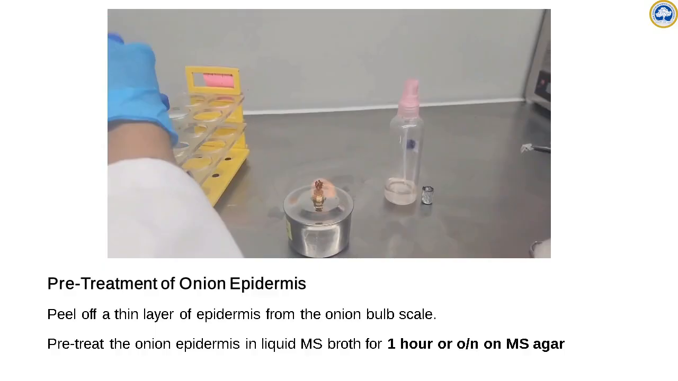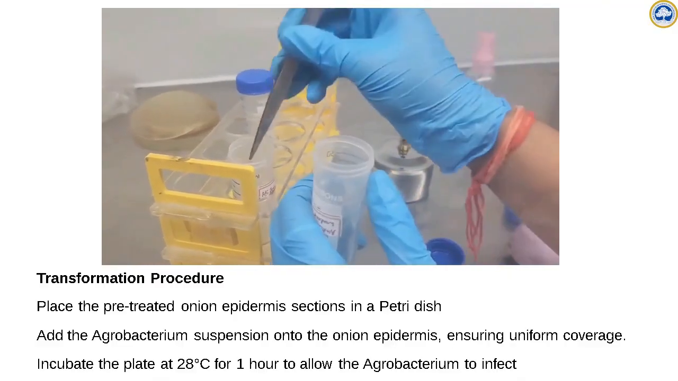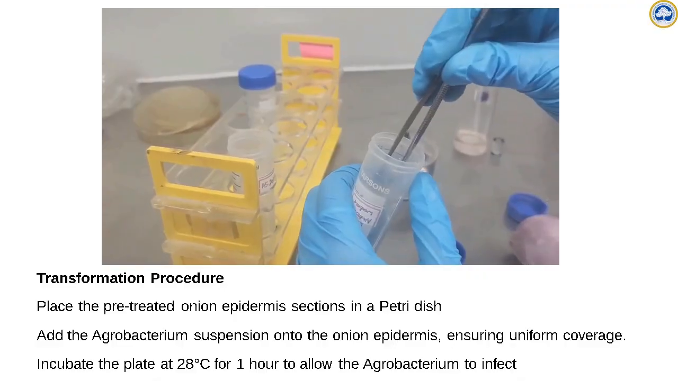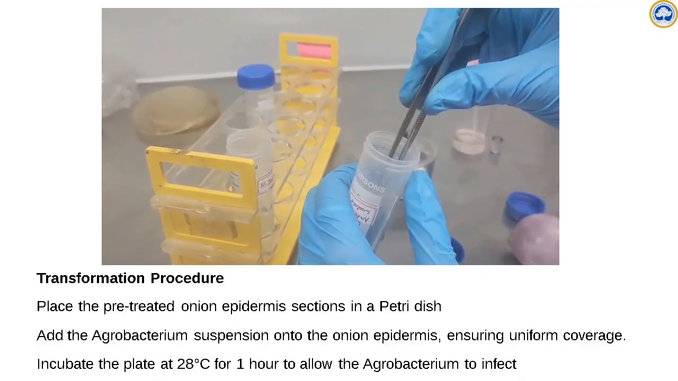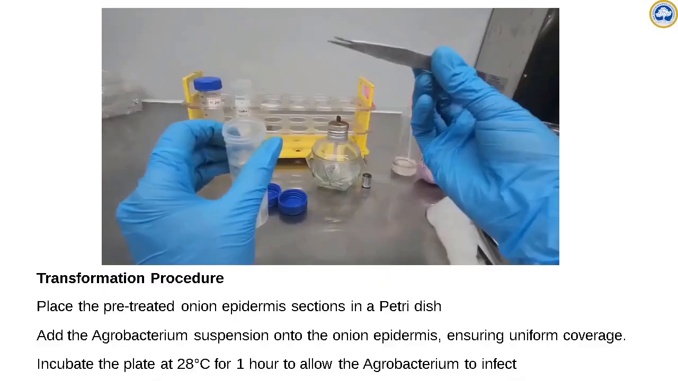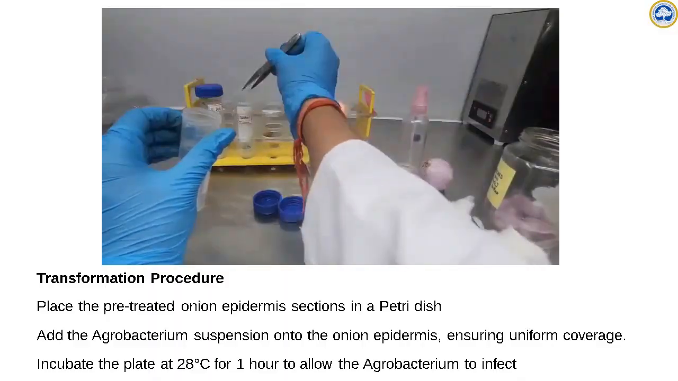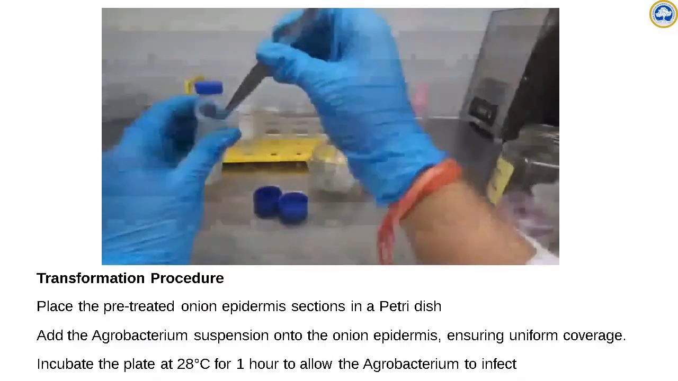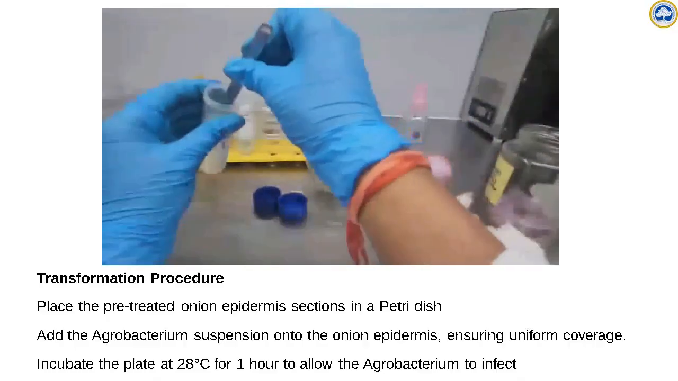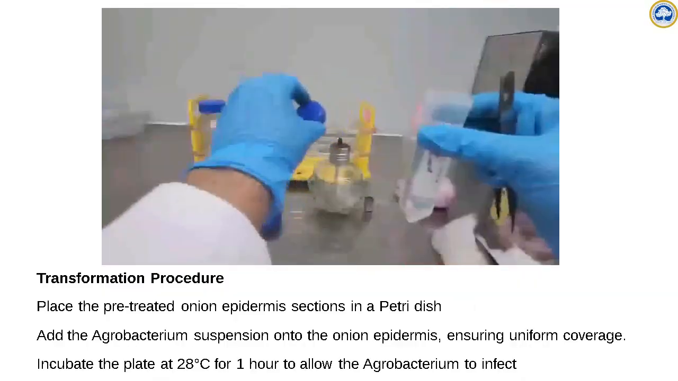So these cells which are pre-incubated in the MS broth or media are then agro-infected with the agrobacterium that we have prepared containing acetosyringone. The incubation time is 1 hour. We incubate the cells or infect the cells in agrobacterium for an hour, or it can be even extended based on the requirement of the cells. Once the agrobacterium is infected, we rinse it in sterile water or MS broth, and then we co-cultivate these